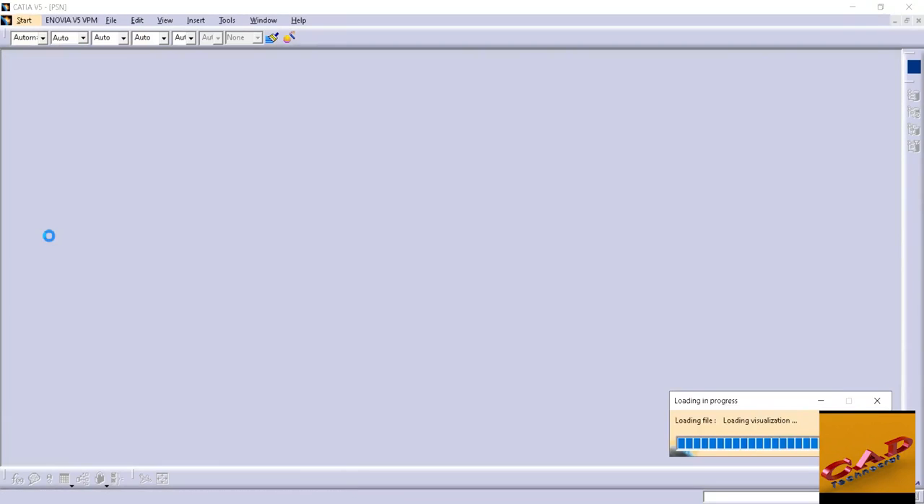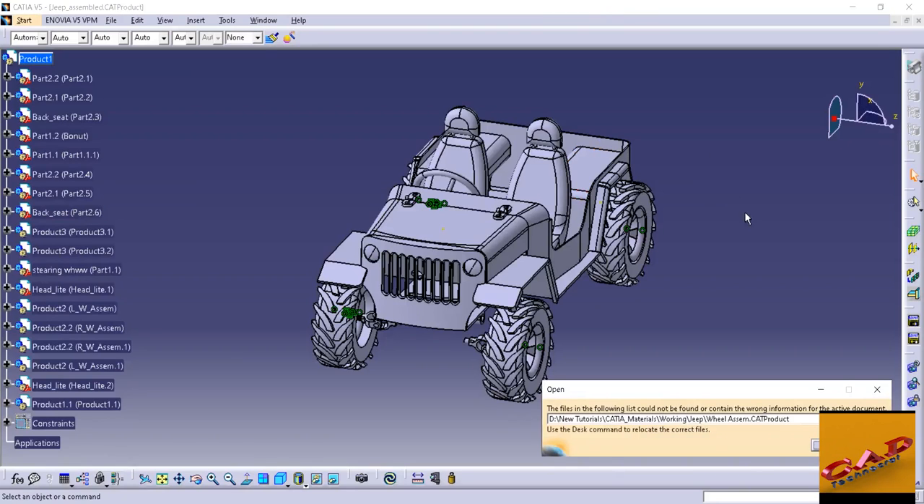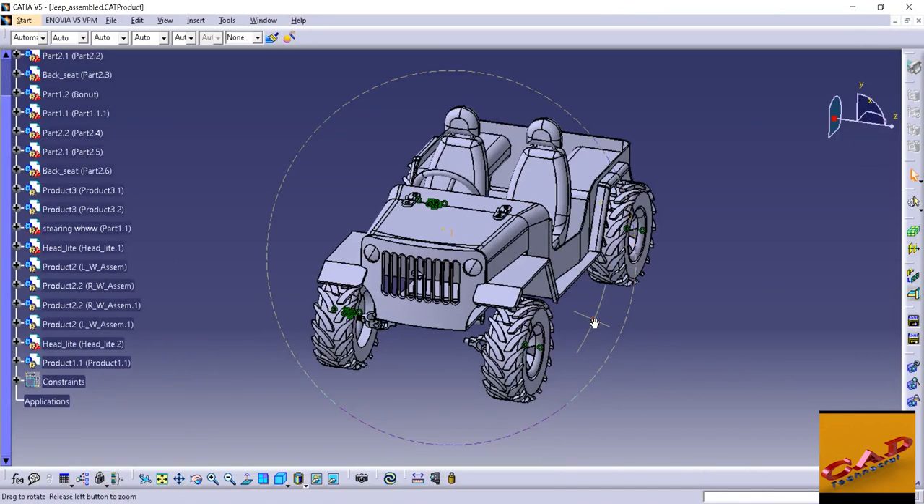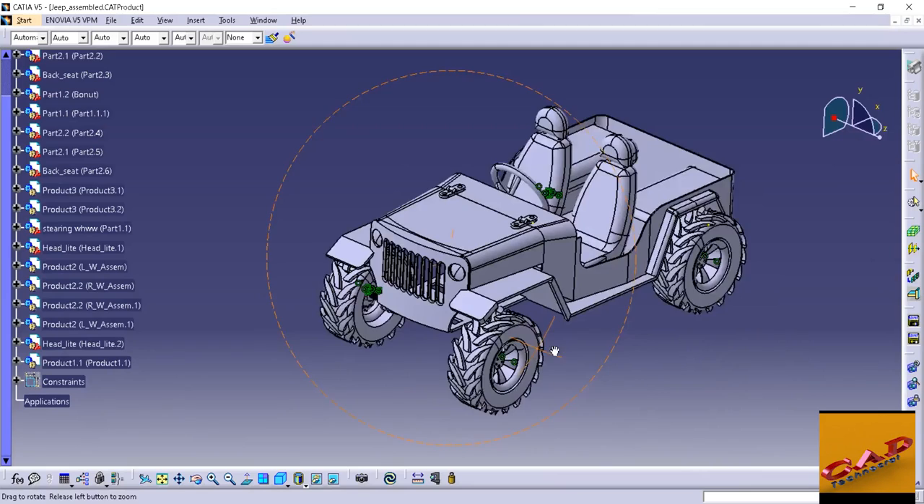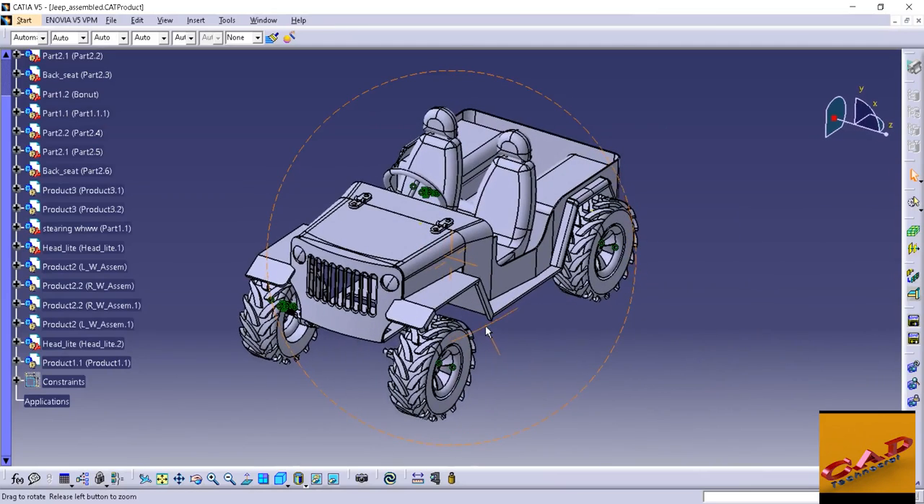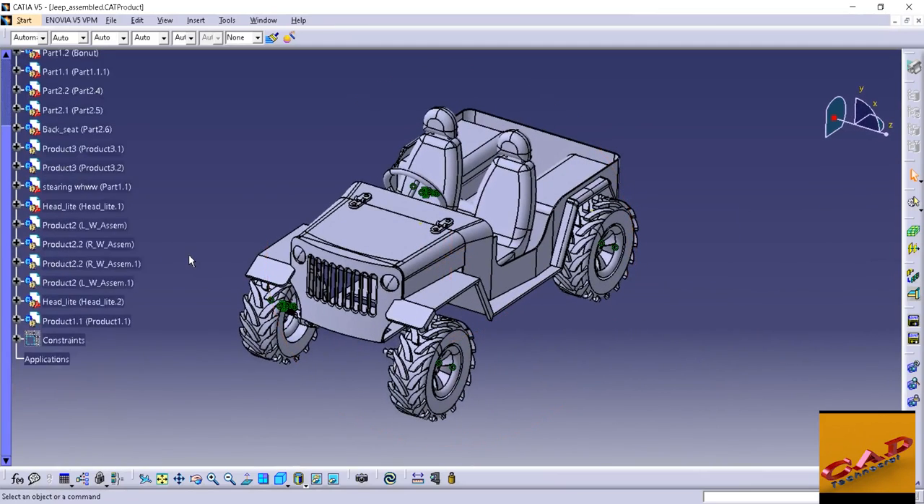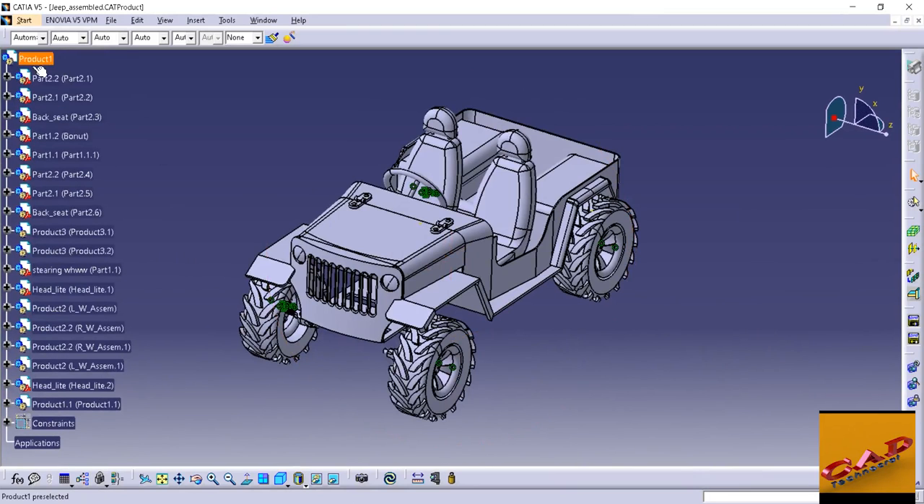Here you can see the file is opening. Okay, so here is a model of a Jeep. It is a toy car which I use. Okay, so if you see the left hand side, this is a design tree. Actually this is the assembly workbench. So there are lots of assembly and sub assembly in this